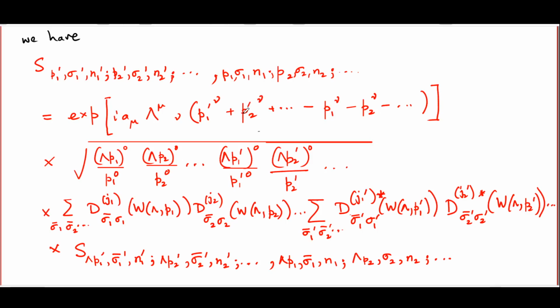Despite the rather messy form of this expression, there are some conclusions that you can draw almost immediately. Remember, this has to be true for arbitrary translations A and arbitrary Lorentz transformations lambda. Now, the left hand side of course has no trace of A in it. So the right hand side also has to be A independent. The only trace of A, the translation, on the right hand side is in this P factor. Since the right hand side also has to be independent of A, the only way that is possible is that